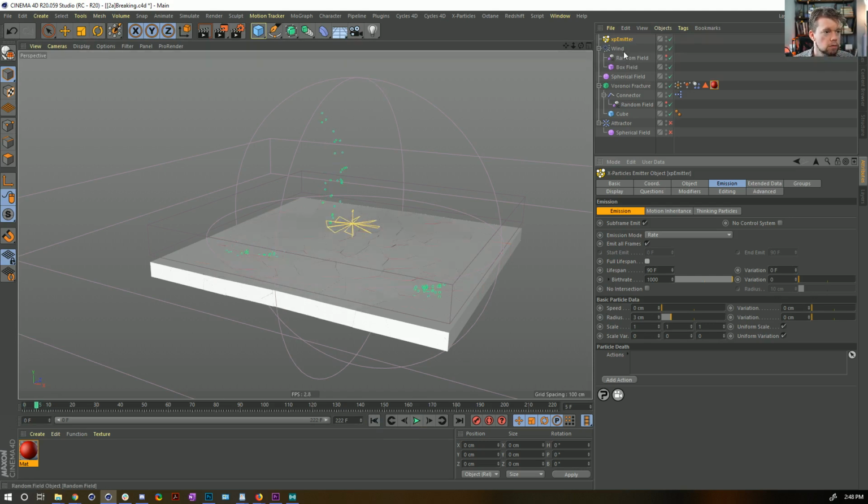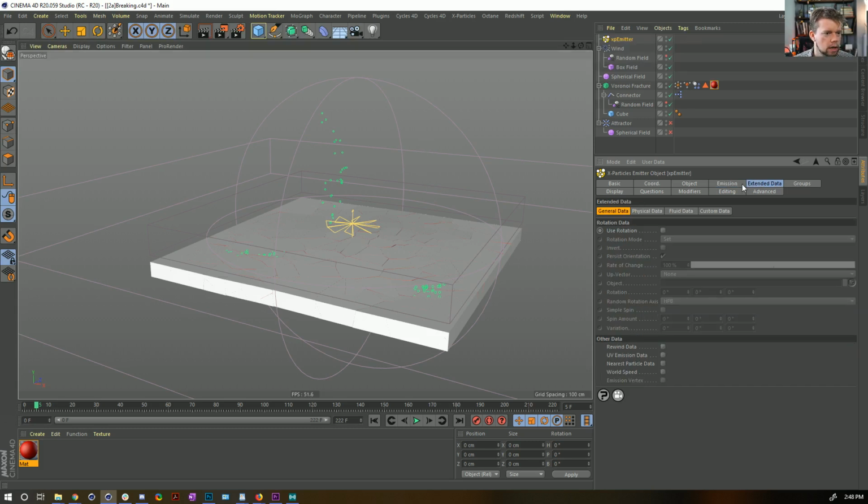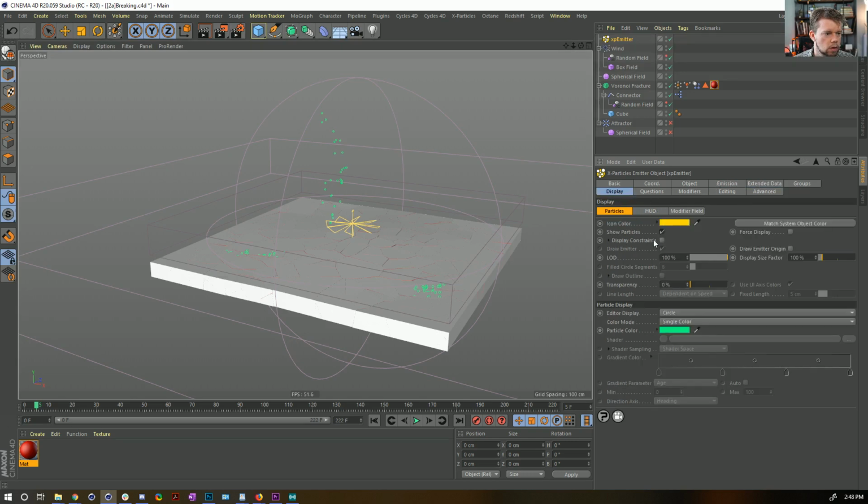Didn't I just say speed of 0? Did I not rewind all the way? What? Speed of 0. Why? What did I just do? Also, oh, that's the icon color. I want the particle color. But if I just told them speed of 0,